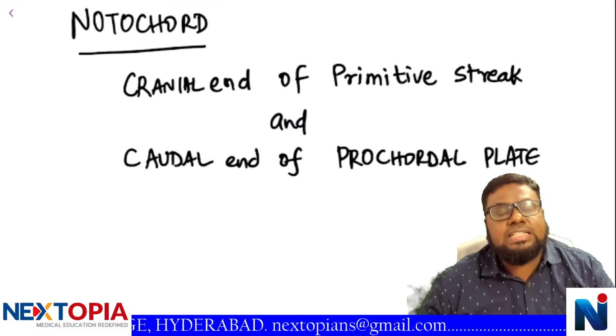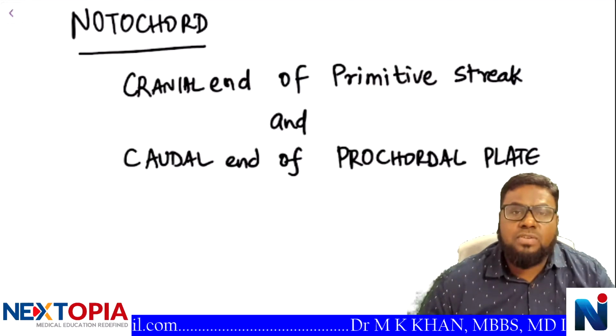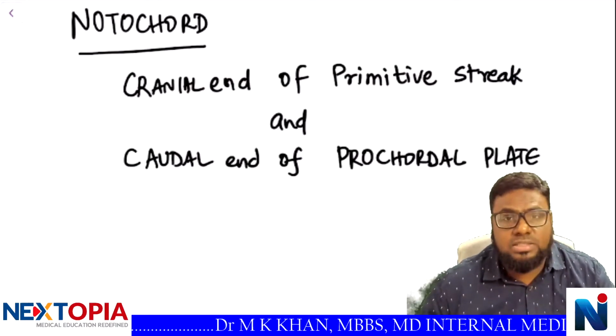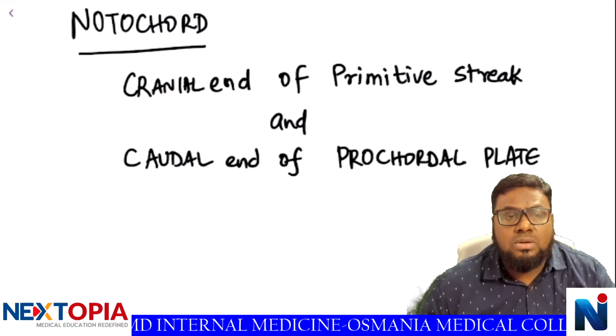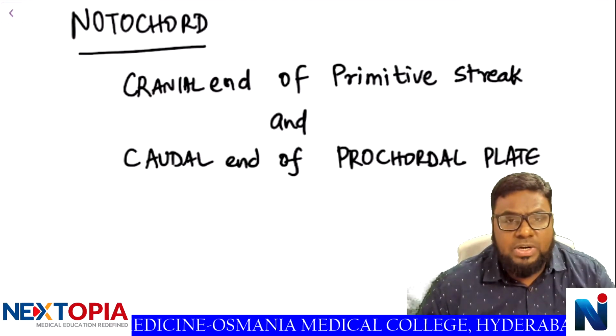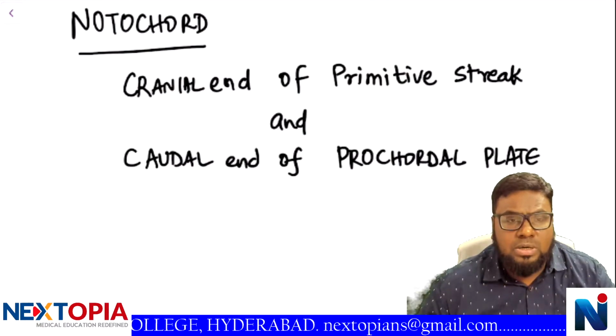Initially the cranial end of the primitive streak becomes thickened. The thickened part of the streak you are calling a primitive knot. Just now I told you, that is Hensen's node. It is also called Hensen's node. So that procaudal plate or primitive knot, the primitive streak,